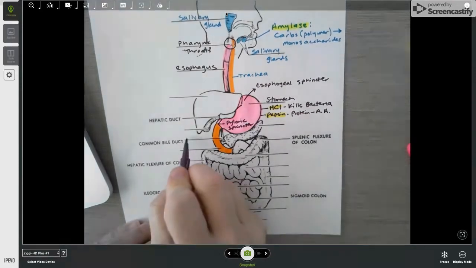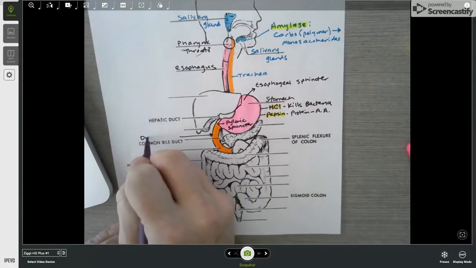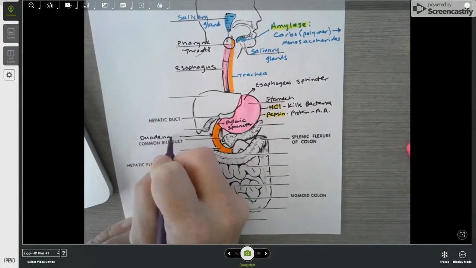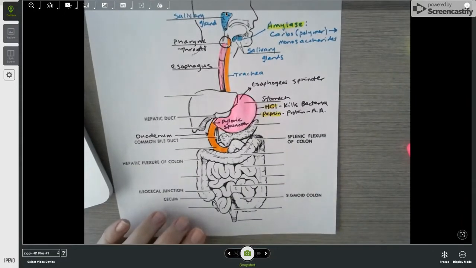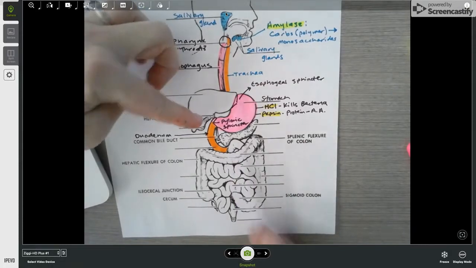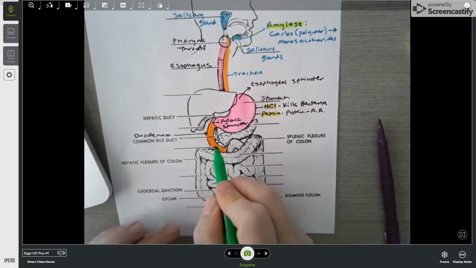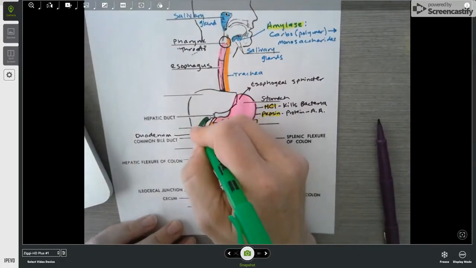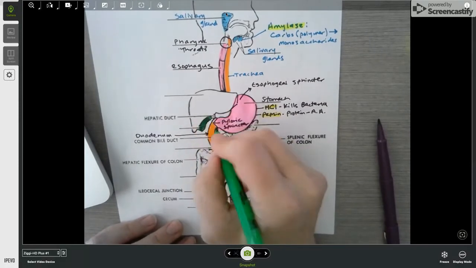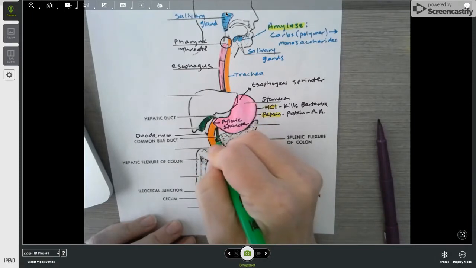So I'm actually going to add a label in here. This is the duodenum. This is just the first part of the small intestine. Now, connected to the duodenum, you have your first set of accessory organs. Your accessory organs are things that squirt juices into the digestive tract, but food itself never goes into these digestive accessory organs. The first one is your gallbladder, which wraps behind the duodenum and becomes this tube right here,